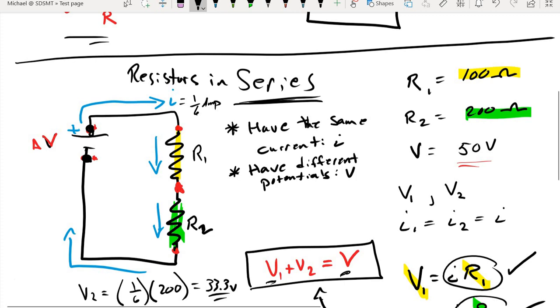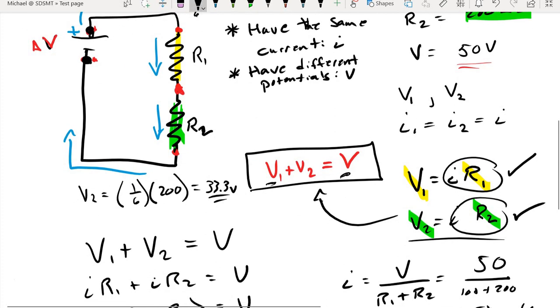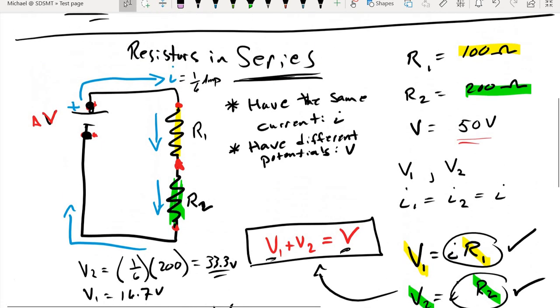So V was the potential of each one, and we just solved for that. We had V2 was the 33.3 and V1 was the 16.7. Now that's